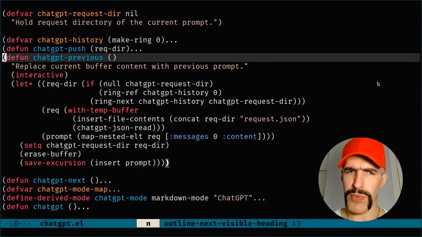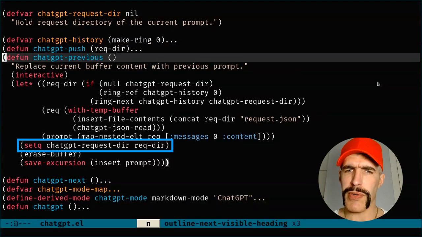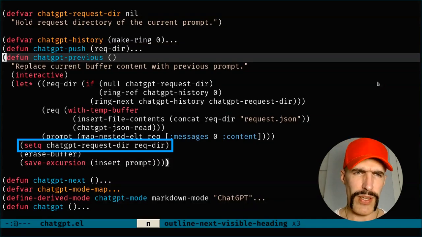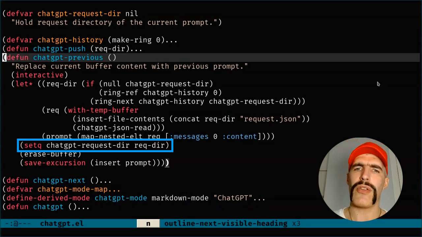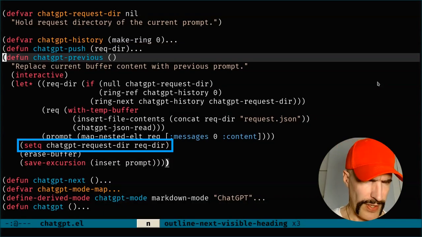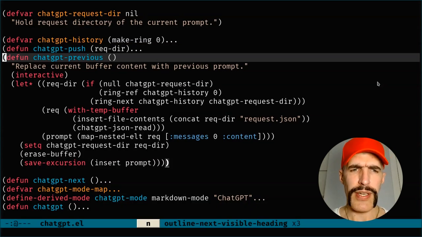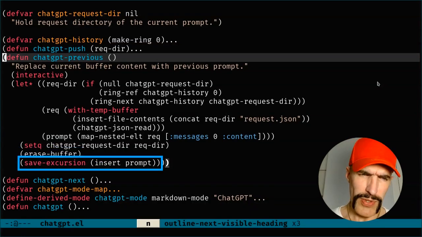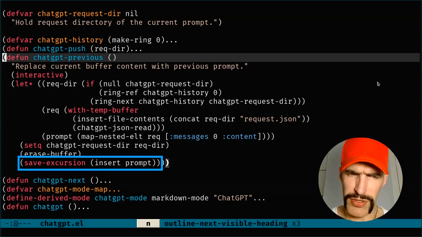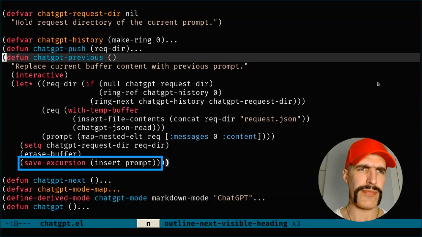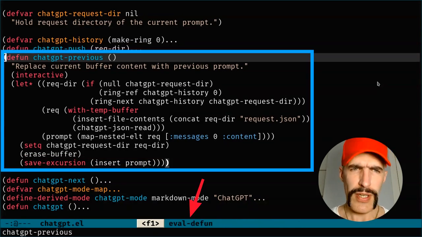Before we do anything in the prompt buffer, we set chatgpt-request-dir with the new request directory rec-dir, such that the next time we call chatgpt-previous, we will navigate in chatgpt history and get another previous prompt. So in the prompt buffer, we erase it totally so it is empty, and after we insert the prompt, and the macro save-excursion is just to get the point at the beginning of the buffer. So now we evaluate that whole expression, which defines or redefines chatgpt-previous, and now we are going to